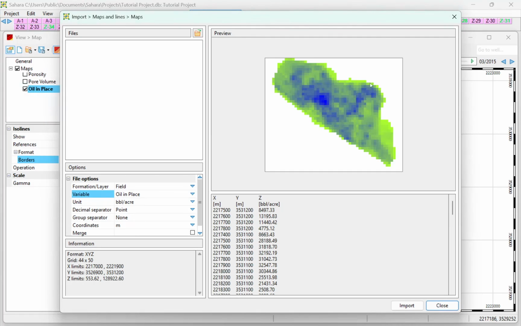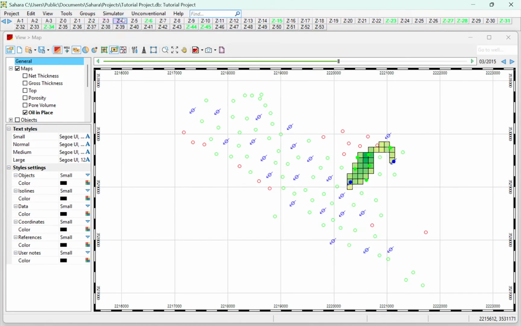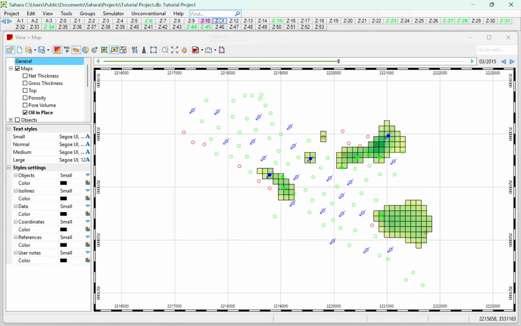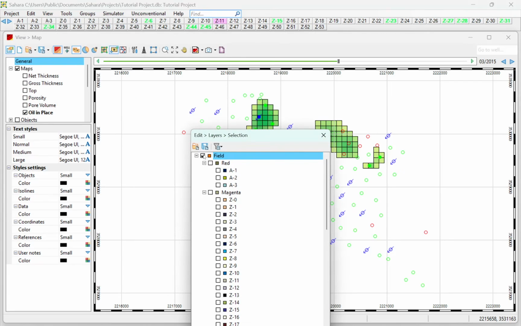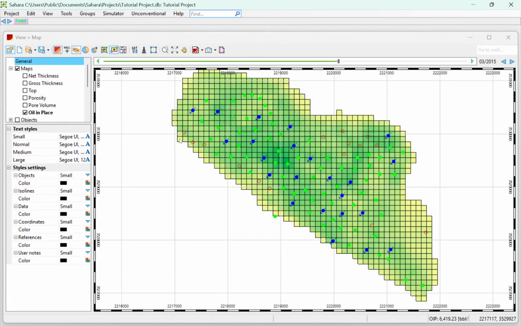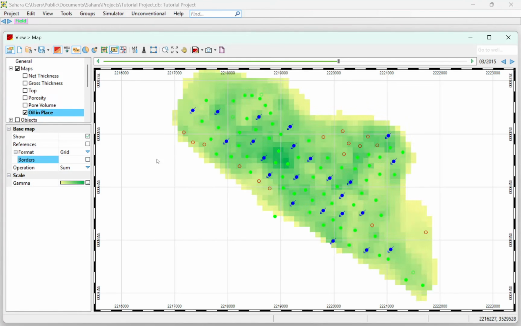And now if we change the structure of the layer selection, we can see that we have this original oil in place in each different layer, but when we go to edit layer selection, we will select the field level only, and now we have the same map that we have created, but aggregating the original oil in place in each of the layers. So